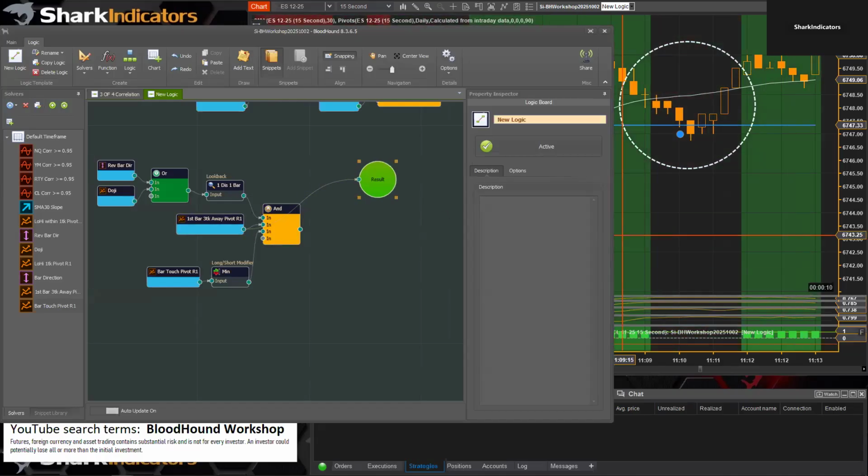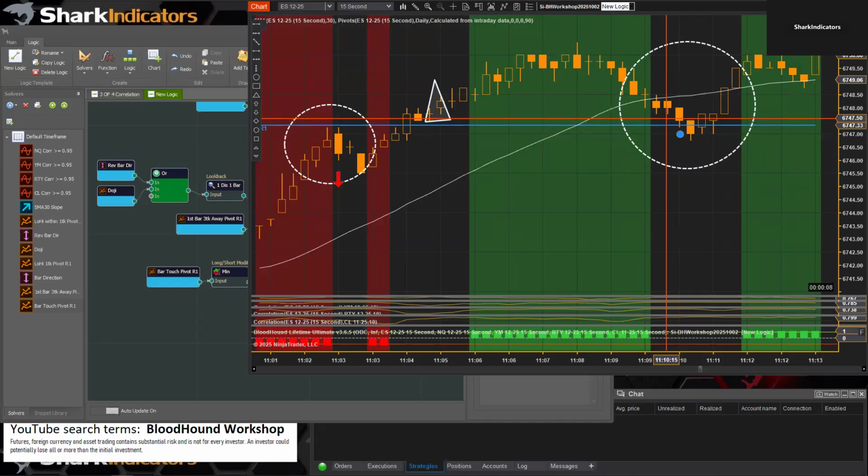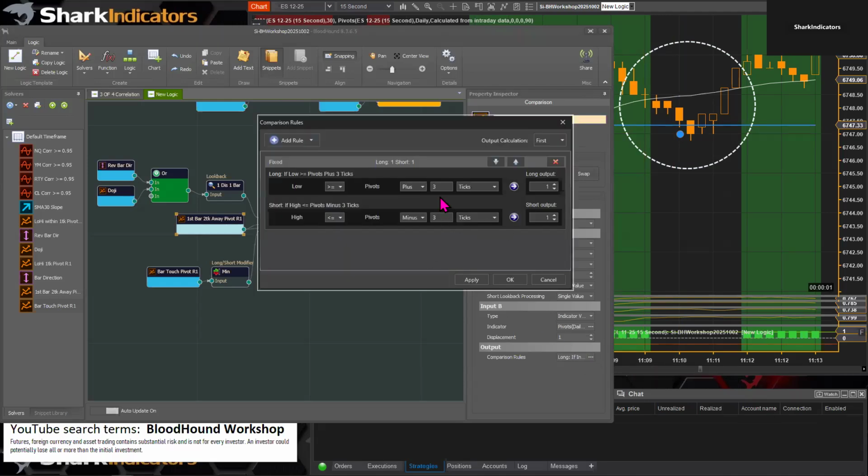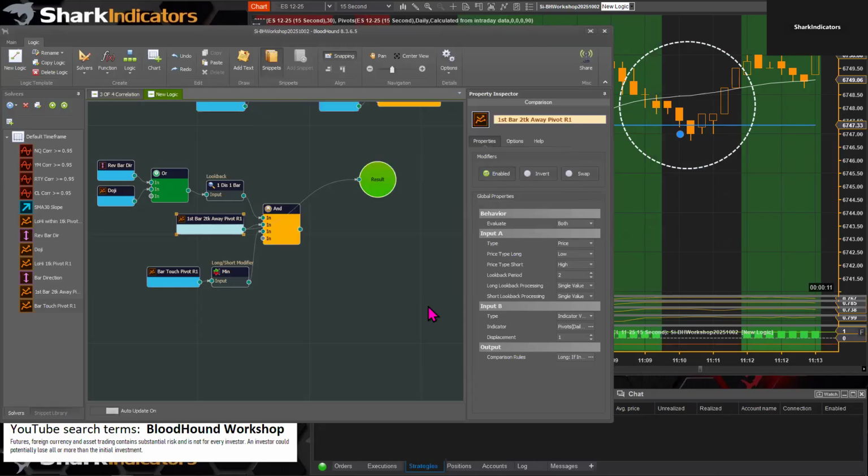Okay, here's the problem. These two bars are within 3 ticks of R1. Remember, we had this little filter here to make sure the bars weren't resting right on top of that. So, just for the sake of making this work, I'm going to knock it down to 2 ticks. And let's put in 2 ticks, 2 ticks, and really,